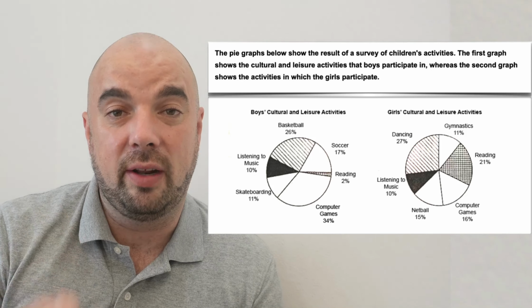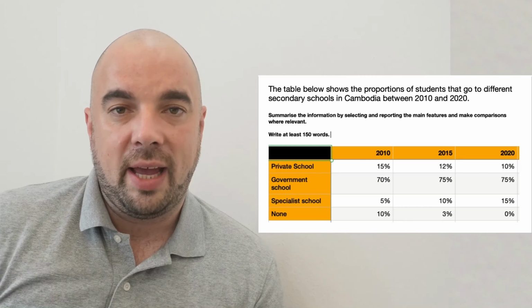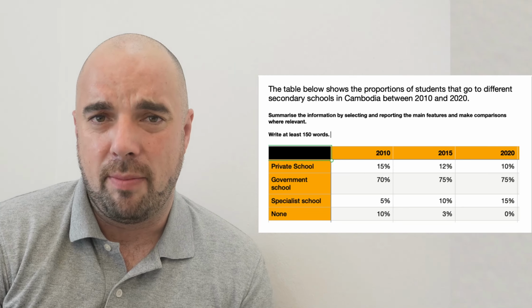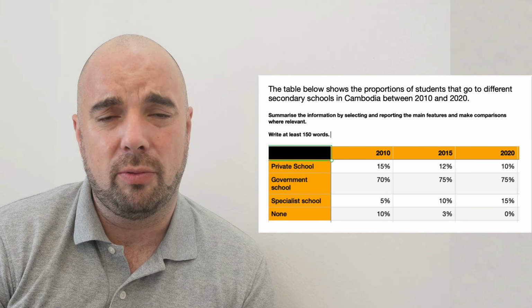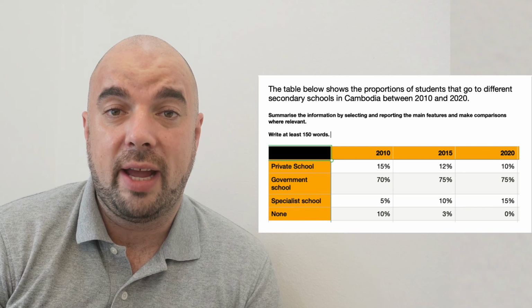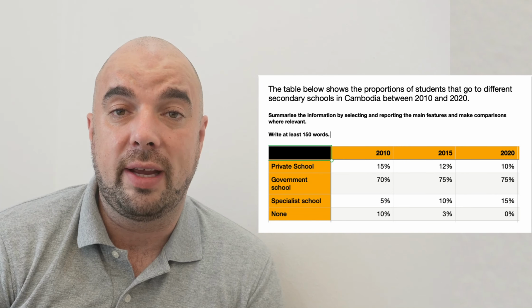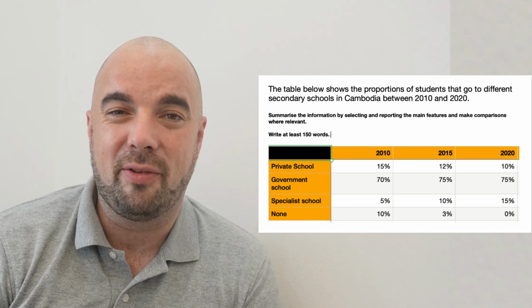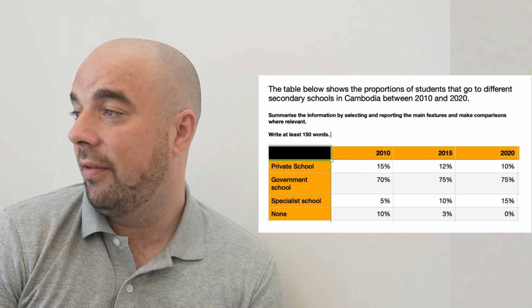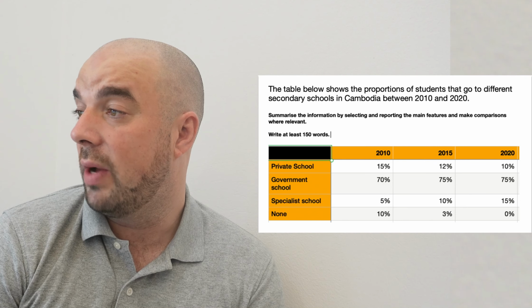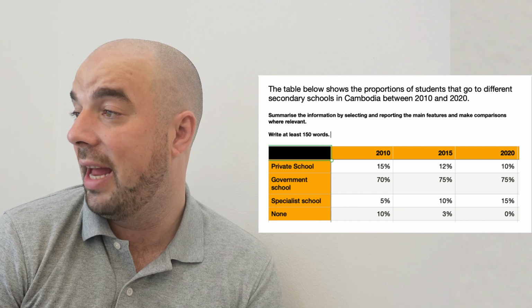Remember, this is still the selecting the main feature stage. The table, my least favourite, because I think they're a bit boring, and probably the most difficult ones, the table. So this table shows the proportions of students that go to different secondary schools in Cambodia between 2010 and 2020. So looking at the graph, we can see the main feature is most students went to government school in 2010